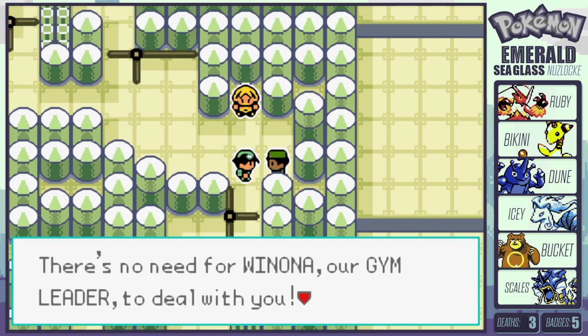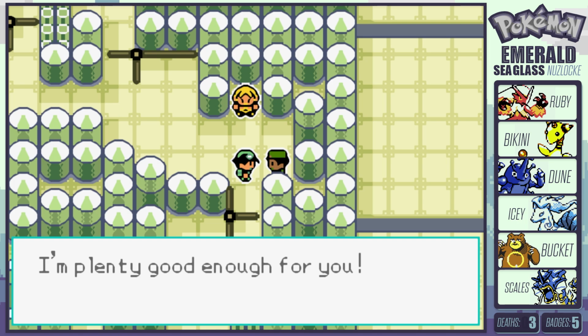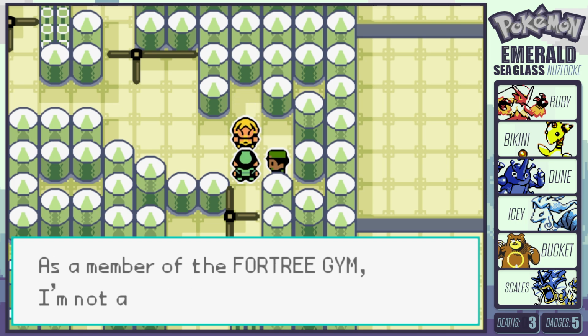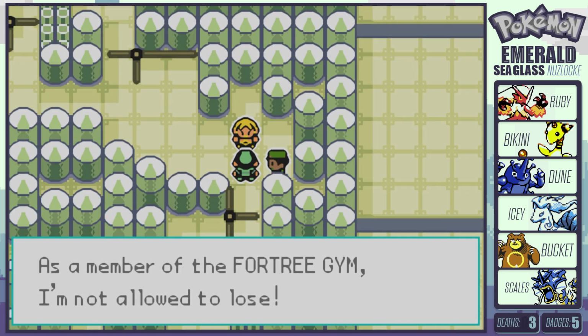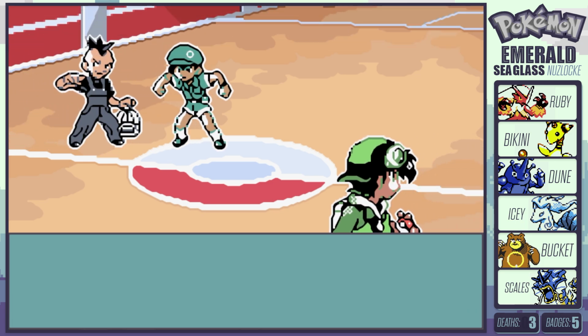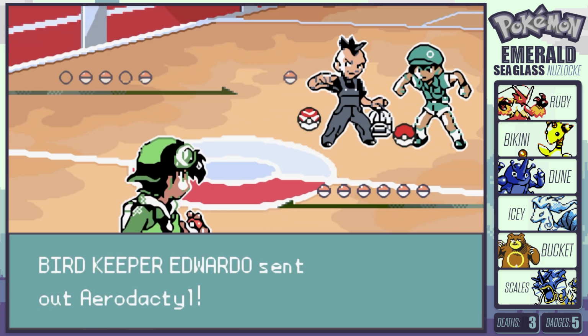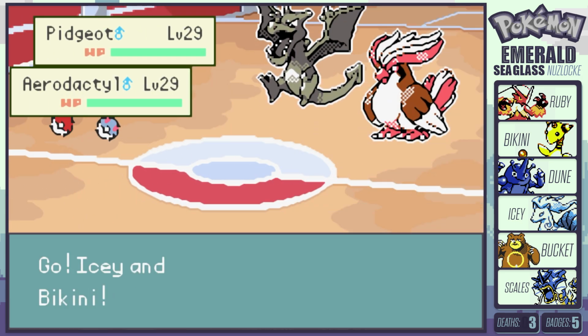There's no need for Winona, our gym leader, to deal with you. I'm plenty good enough for you. The lovers of bird Pokemon aspire to join the gym. As a member of the Fortree gym, I'm not allowed to lose. Losing is part of the learning experience, my dude. You have to lose sometime. And even if you don't want to, Flint and Eduardo, I'll teach you guys any...